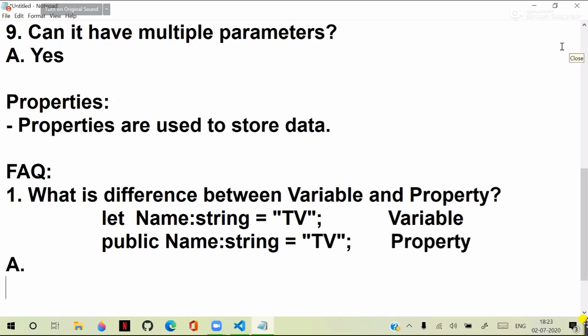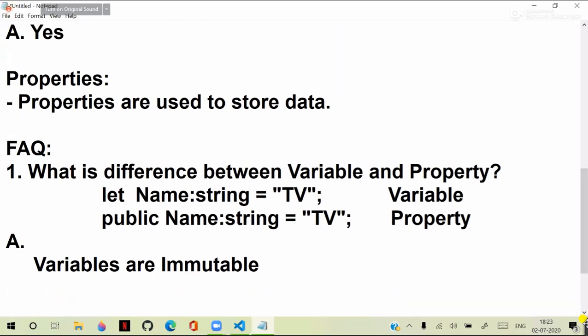Actually, the first thing you should know about variables: variables are immutable. Technically, variables are immutable. So we have a mutable and immutable concept, which I told you in the data types, where we discussed about them. Variables are immutable actually. Immutable means